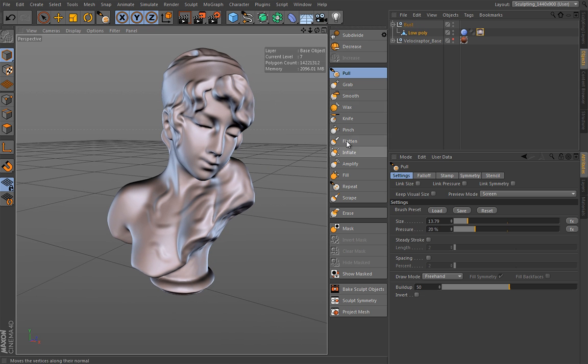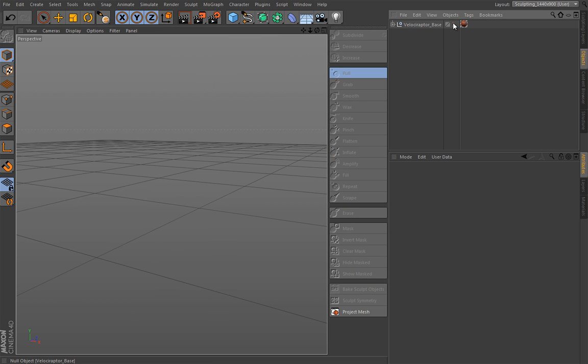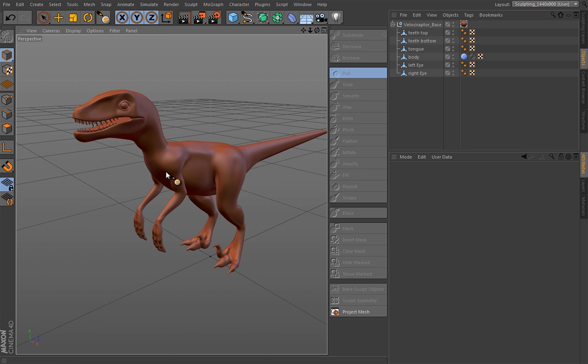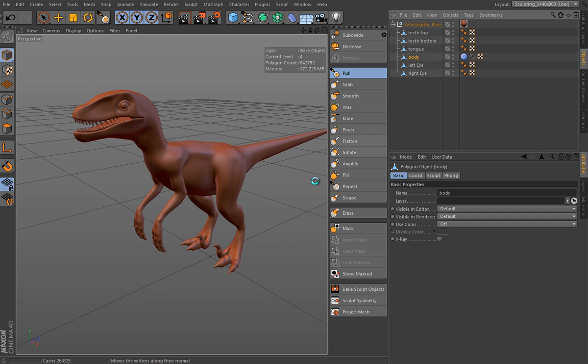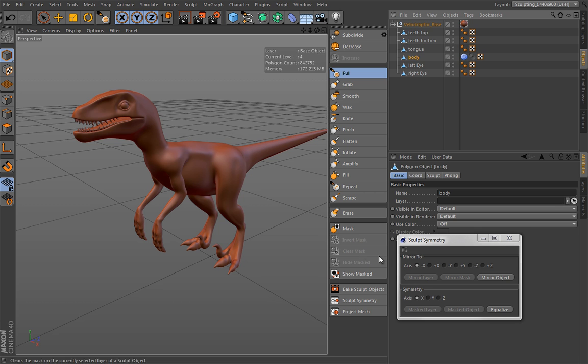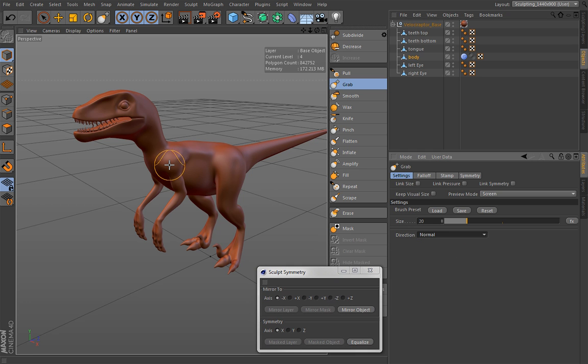Okay, let's continue. I will delete this bust model because it's really heavy for the system. And let's unhide this dino guy, and let me show you some of the sculpt symmetry options we have now for release 15. We added this sculpt symmetry simply to resolve a lot of workflow related issues. So let me bring up this pop-up window, and here we have a couple of options, and let me actually select my grab brush and let's do a little bit of